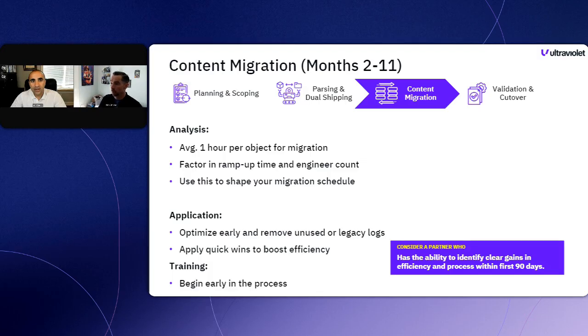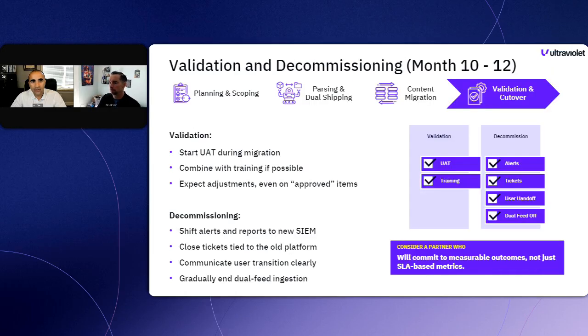All right, we're coming to a really good point, close to the end here. I wanted to jump to step 4 out of 4, and there we go: publish. Validation, decommissioning. Shut it off right away? Well,